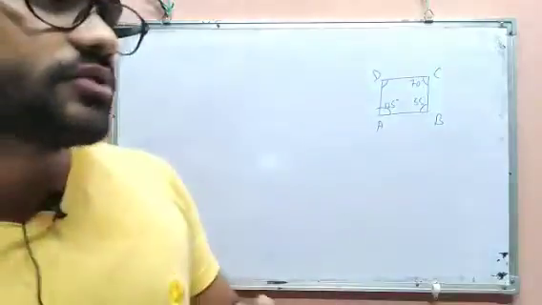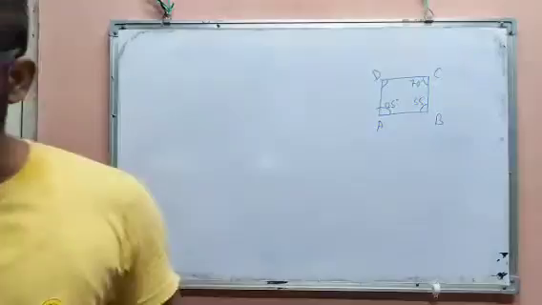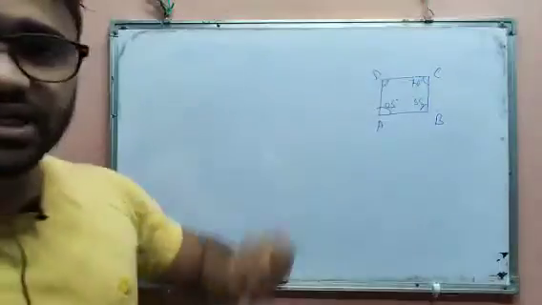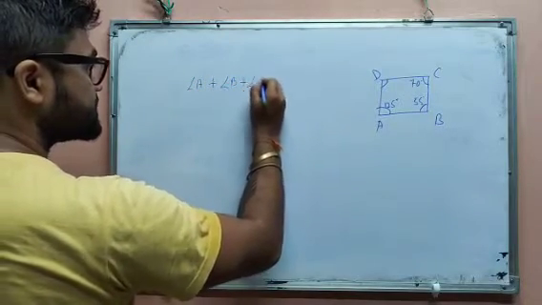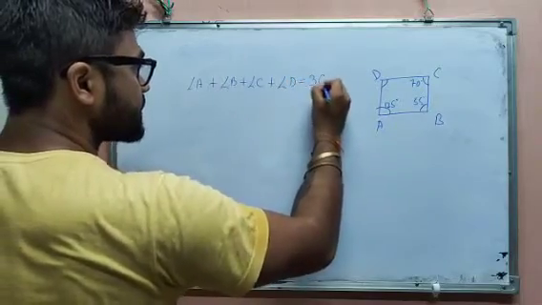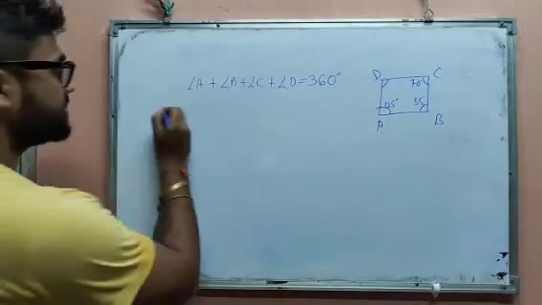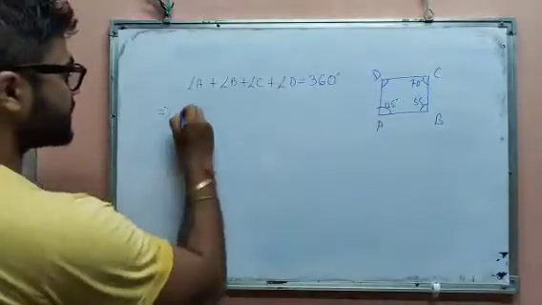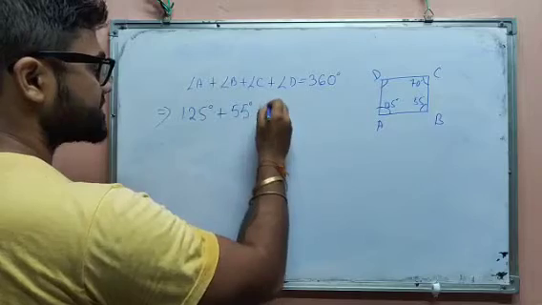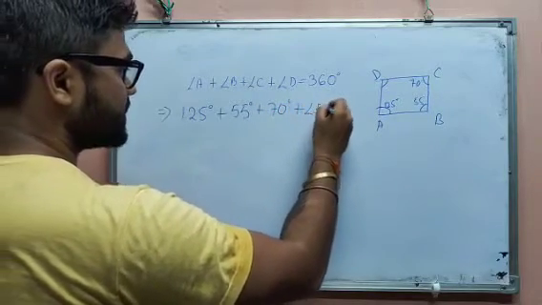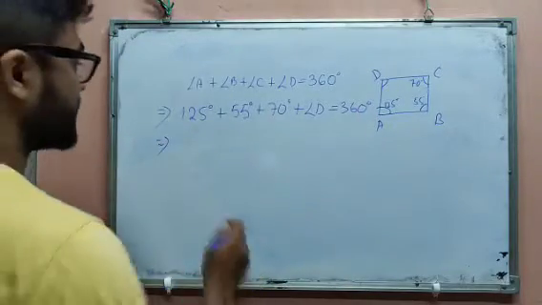According to the properties of a quadrilateral, the sum of the four interior angles is 360 degrees. So angle A plus angle B plus angle C plus angle D equals 360 degrees. Angle A is 125 degrees, B is 55 degrees, C is 70 degrees, and D we have to find. So 125 plus 55